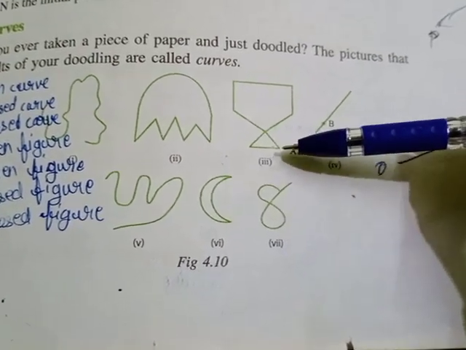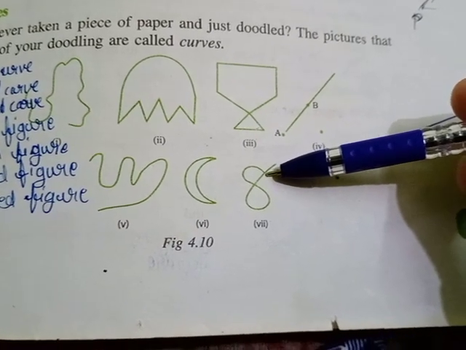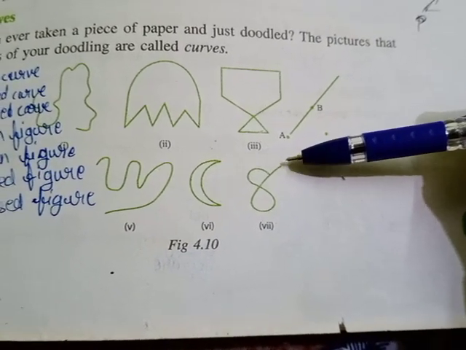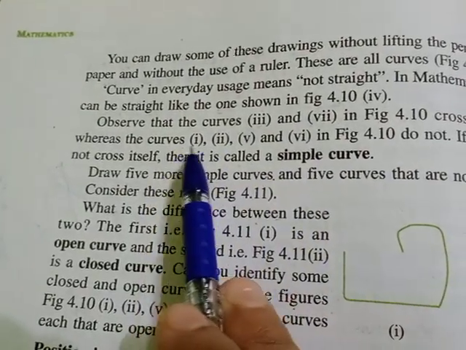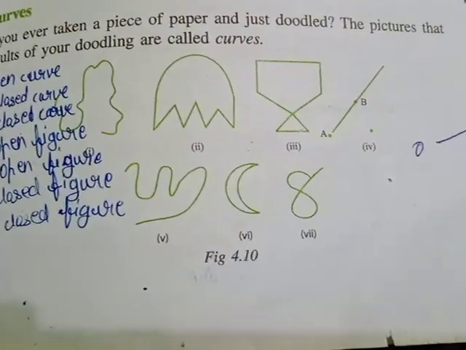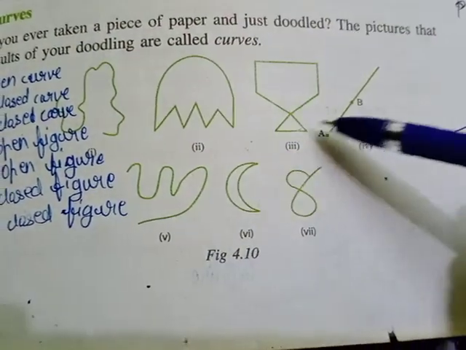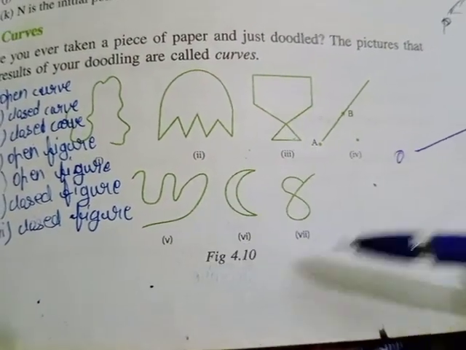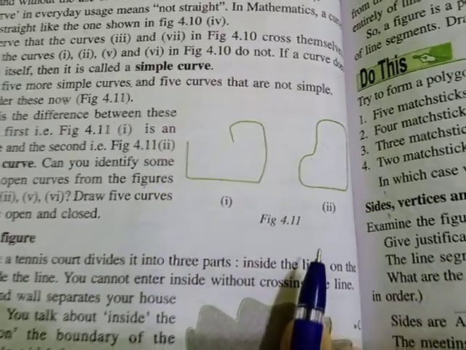What difference do you find here? Here it is just touching the end here itself, and this line is shifting ahead, is it? Whereas 1, 2, 5 and 6, if you see, what are they? 1, 2, 5 and 6 are all closed, right? And the rest are open curves. That's what is shown here. Now if you see here, one is open, another one is closed.